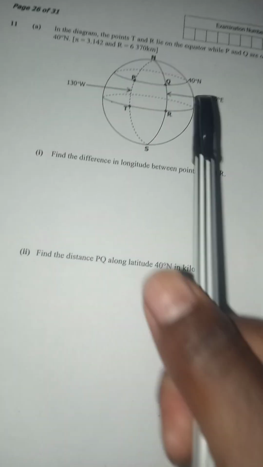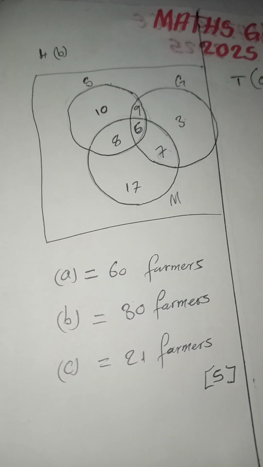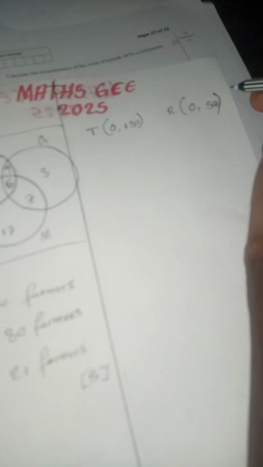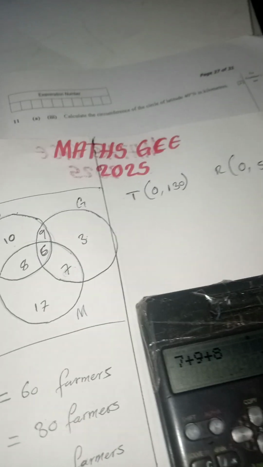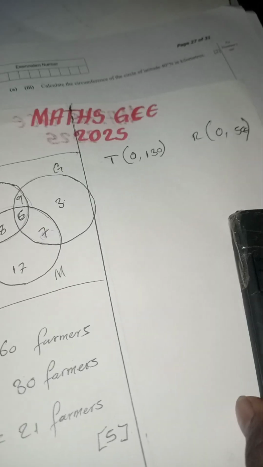Again, the same applies to R. In the latitude you have got 0, so here we are going to put 0. In the longitude we have got 50, as you can see, so we are going to put 50. We have just done what we are supposed to do. Since they are asking us to find the difference in longitude, since these have different longitudes, we are going to